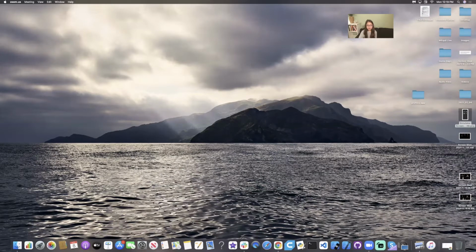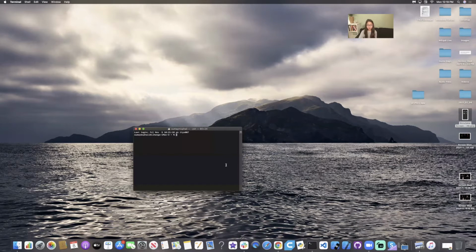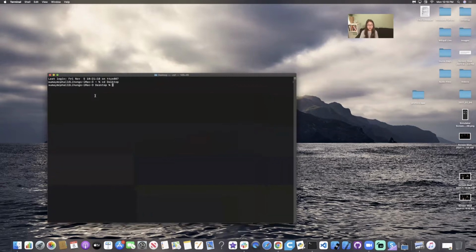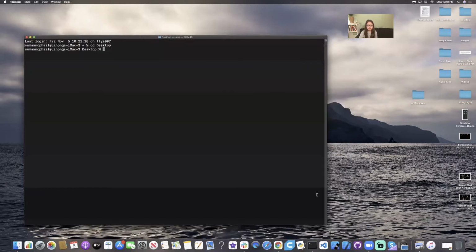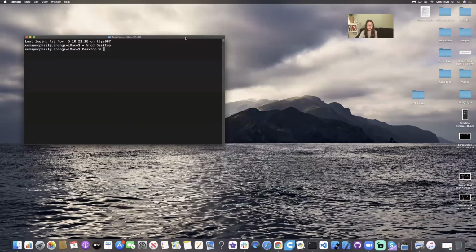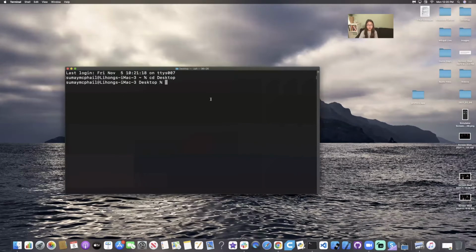Now the first thing you are going to have to do is create your Flutter project. The way you're going to do this is by going to your terminal and then changing the directory to your desktop. For those of you who don't know, CD desktop, CD stands for change directory, and desktop is just where I want to save my Flutter project. Once I've changed the directory to desktop, just say flutter create, and then whatever you want to name your project. So I'll just say